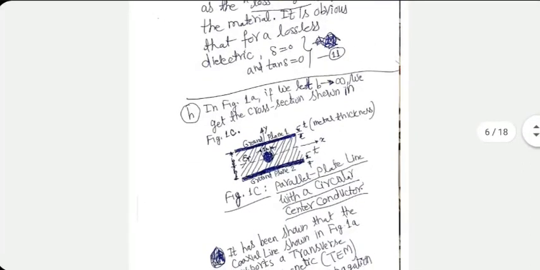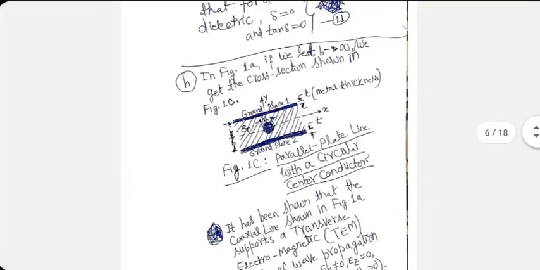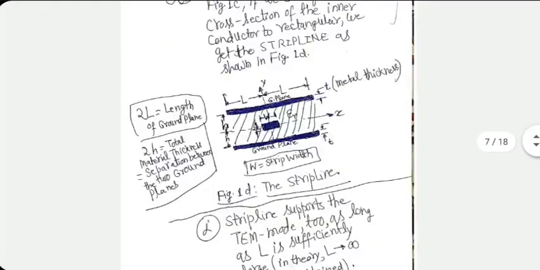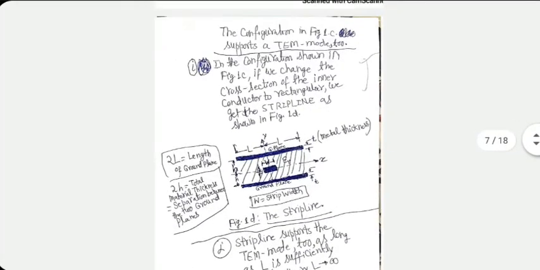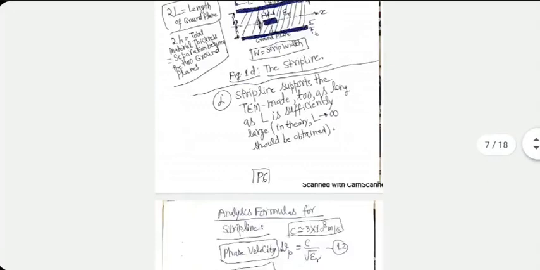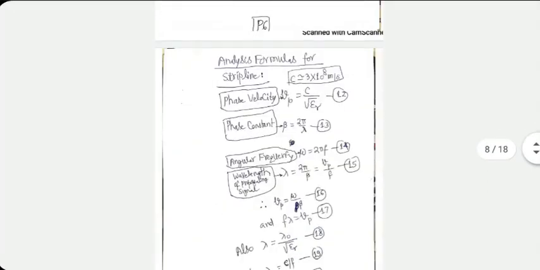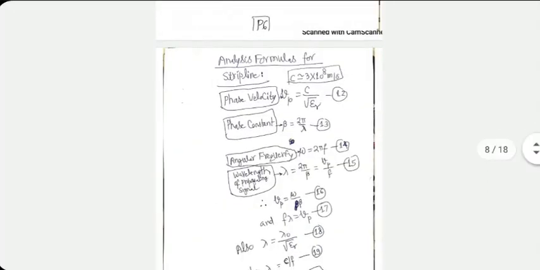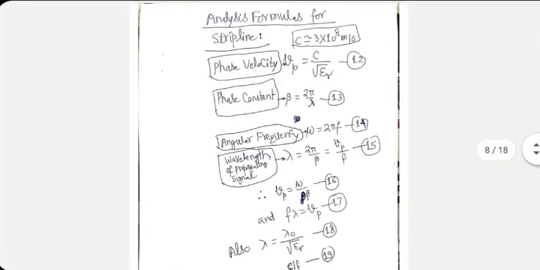Now let's get back to this strip line. I've showed you that conceptually we get to this from coaxial line, and then we allow the inner conductor to have a rectangular cross section to come to strip line. A lot of research has been done on strip line in terms of calculating its characteristic impedance, phase velocity, etc. And we will be looking at the outcome rather than doing the derivations, because coaxial line theory is known and from there generalizations have been made.